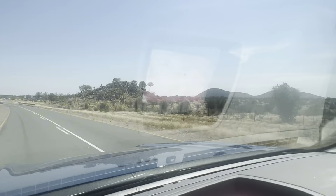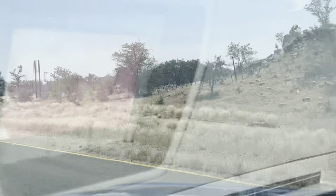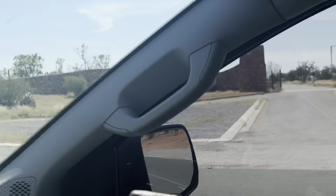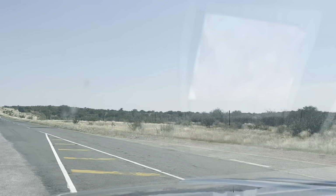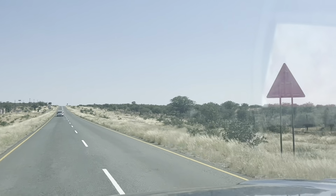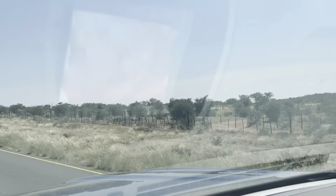We are approaching the gate, and I'll show you. I'll zoom in for you. There we go. Etosha Galton Gate. There we go. Yeah. So that is the gate. So all of that is Etosha,